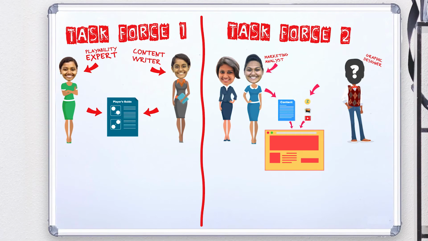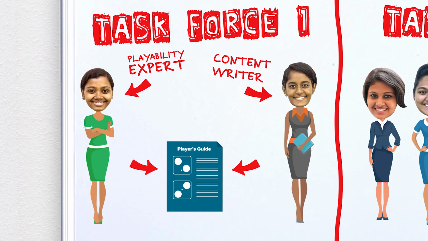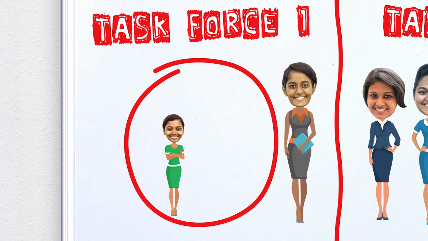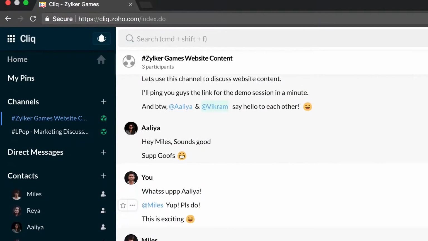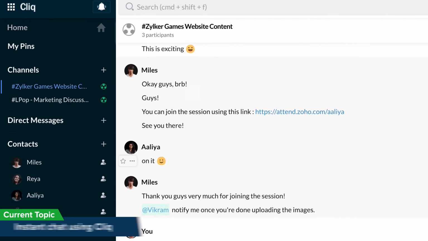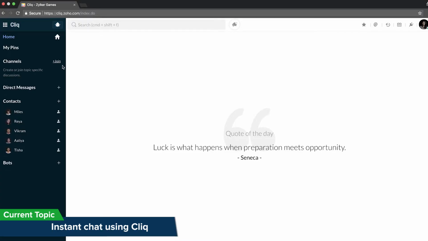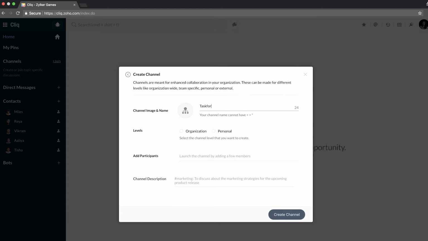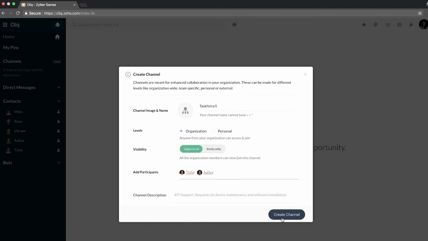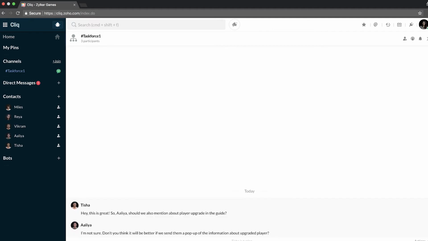So we started by focusing on Task Force 1. We wanted to first create a space where Tisha, Alia, and Vanessa can communicate instantly. Now here's where Zoho Click can help. Zoho Click is your workplace instant chat software. In Zoho Click, you can create channels which are like group chats. So we created a channel in Click named Task Force 1 and added Tisha and Alia to it. And Tisha and Alia started having conversations immediately. Now, having this real-time messaging app really helped them in a big way to start discussing ideas,